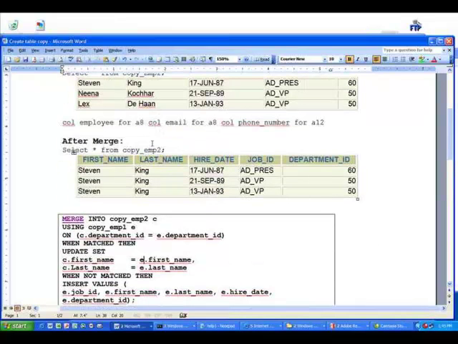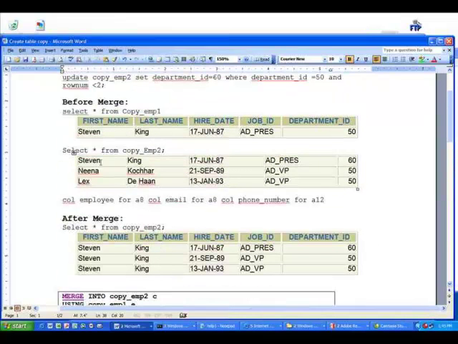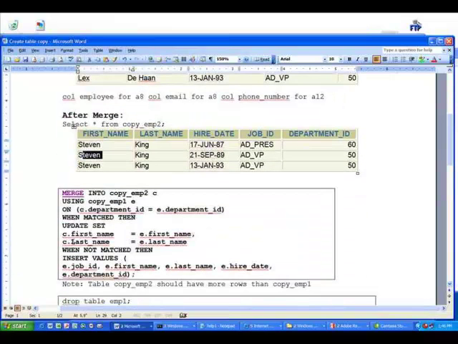So if you notice, we're really changing the first name, all the names to Steven, and Lex, and the next name, Nina, and Nina, all these three names updated to Steven, because right here we use the C first name, put to